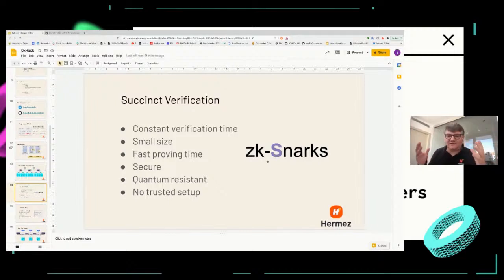This difference between the verification time and the execution and proving time, that's the succinctness, that's the S of succinct, and this is the important part, and this is what makes everything